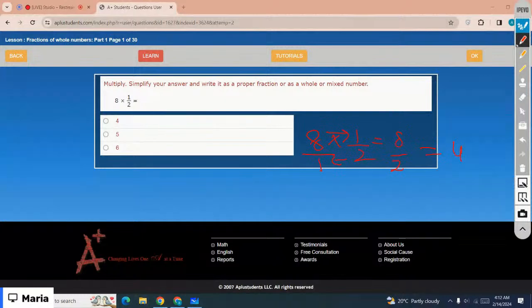Basically 8 is a whole number, right? And 1 by 2 is a fraction. If a whole number does not have any denominator, that means it's